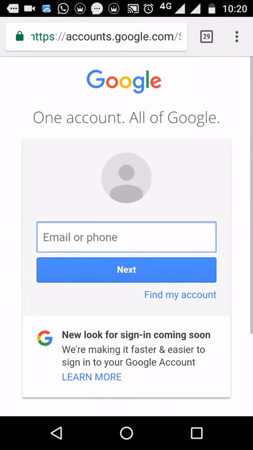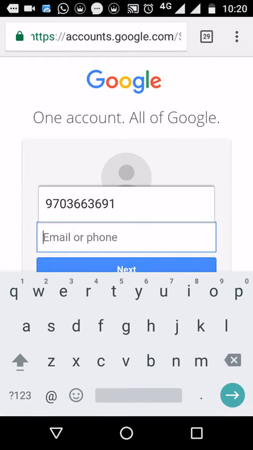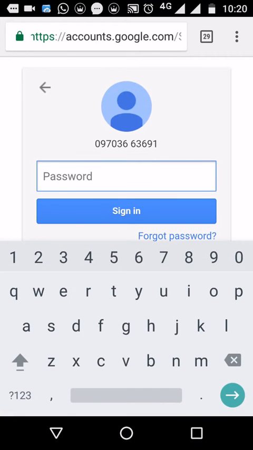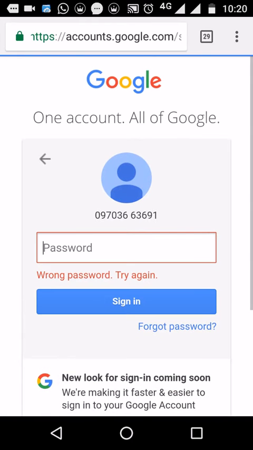To log into Gmail we need credentials: a user ID and a password. Suppose I am an invalid user and I enter an invalid password. It won't match with the credentials already existing in the database, and you will get a message like wrong password, try again. If you provide a valid password, it will automatically log into the website. This is what I mean by authorization or authentication testing.